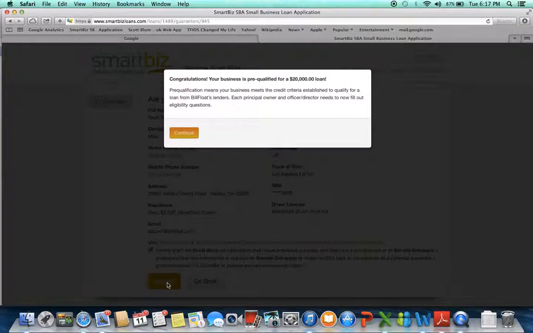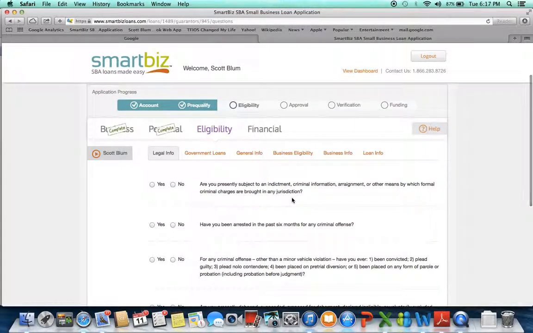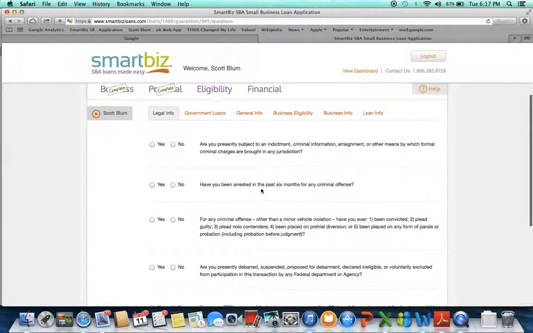Okay, it looks like we're pre-qualified for a $20,000 loan. So that's great. The business has met the credit criteria established by SmartBiz's lenders, and then we can go on to the next step. And the next step will be the eligibility questions, which are going through some of the things that are specific to the SBA. I'm not going to go through all of these, but you can see the questions are: